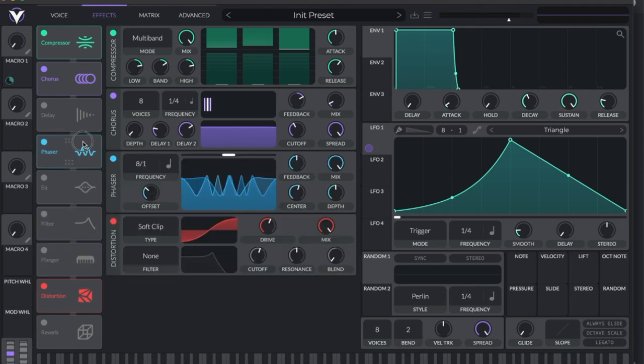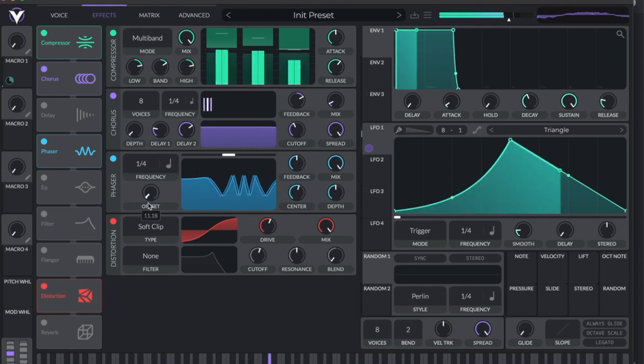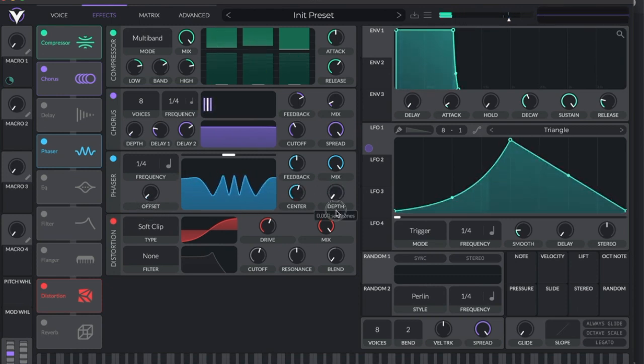So then your next step is going to be your phaser. I always do 1/4 again. So you want quarter notes. Your depth is too high. And right here is the basis for a majority of rhythm basses: square wave, and then you add your phaser and everything else. With this put together,